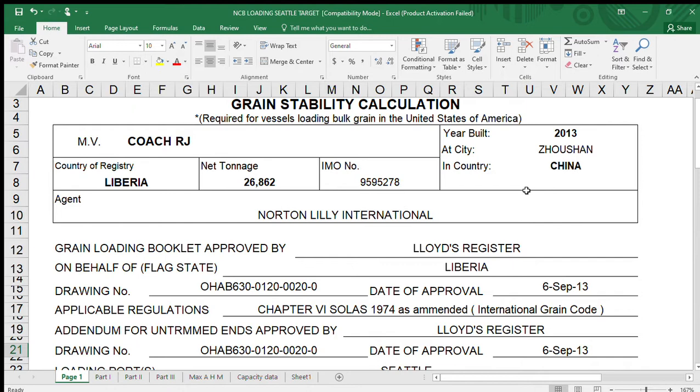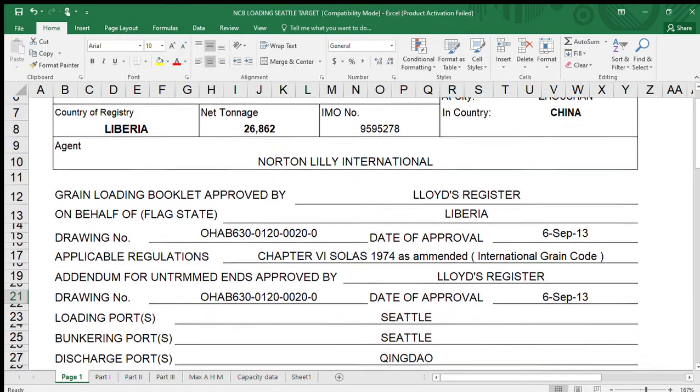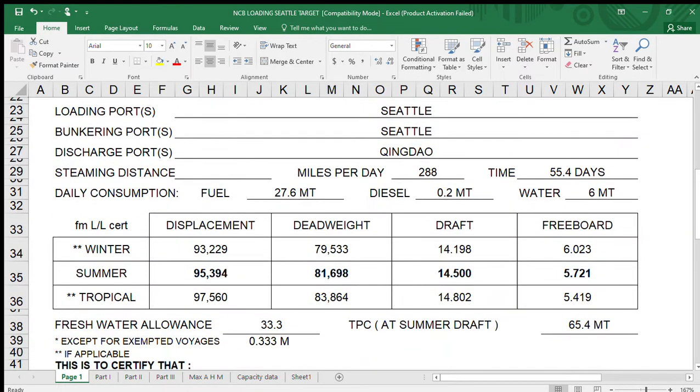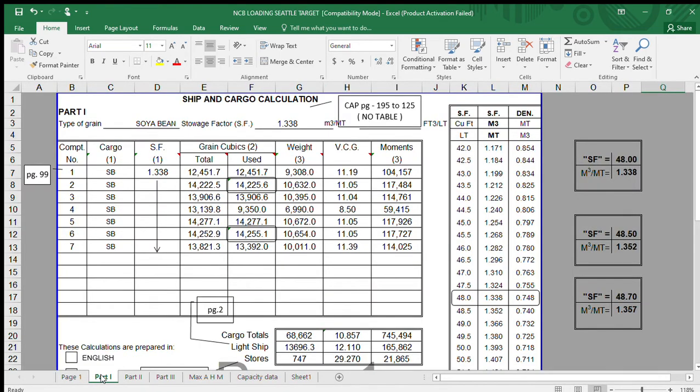The first page looks like this, okay? It's most likely the vessel's particulars and a few details you need to input, just like this. All right. So this is the vessel's particulars, and the part two, well, a little bit